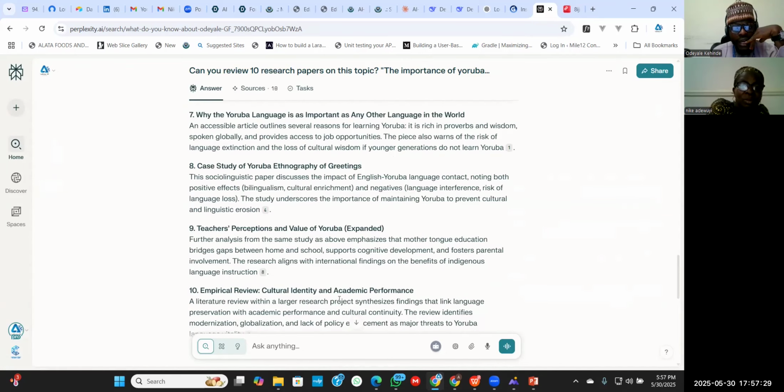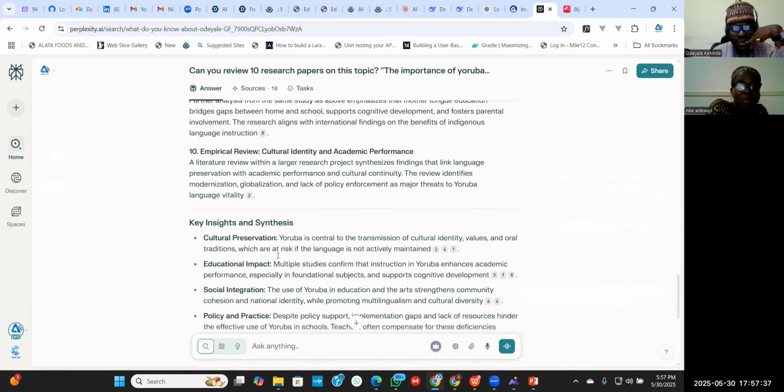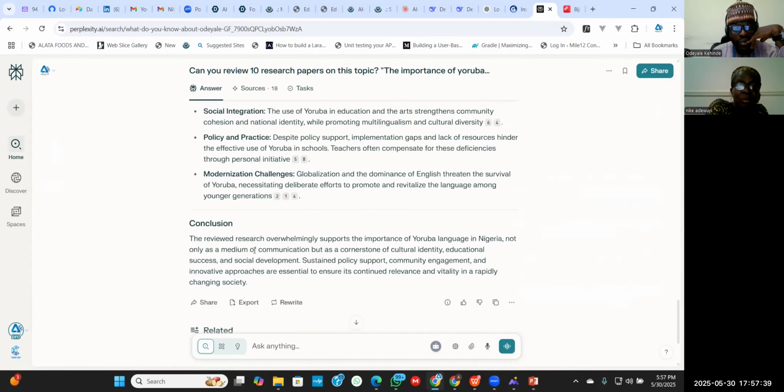Empirical review, cultural identity and academic performance, teacher perception and value of Yoruba. So the key insight, to now analyze the conclusion: the reviewed research overwhelmingly supports the importance of Yoruba language in Nigeria, not only as a medium of communication, but as a cornerstone of cultural identity, education, and so on.